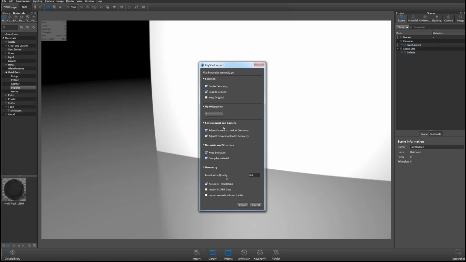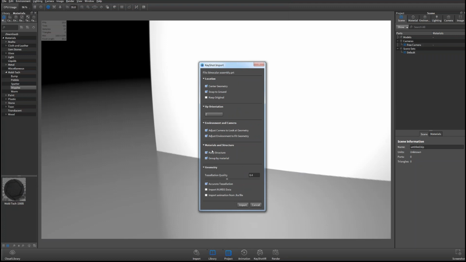One that you'll notice is that there is no longer scale, right? So this has been a point of confusion before. If you ever imported multiple CAD models into KeyShot, and let's say you were having issues with scale, right? Now, whenever you bring a model into KeyShot, everything is working off the original model scale. So that's nice. There's no more automatic scaling, right?